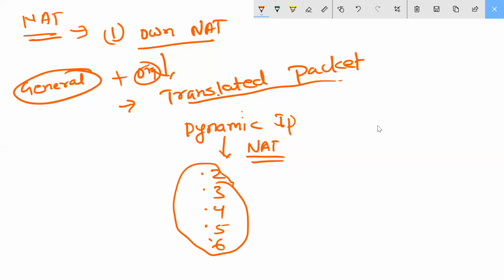Dot 2 is done, dot 3, dot 4, dot 5, dot 6, done. That is created here. Then save it and commit it.